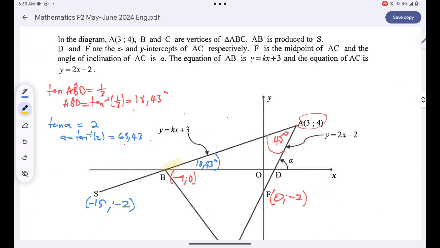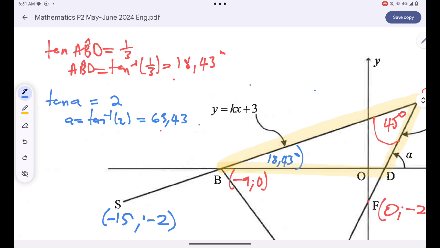Whenever I'm focusing on that triangle over there, I can see that angle A is an exterior angle of my triangle. Are you together? And since angle A is an exterior angle of my triangle, I know that A is equal to